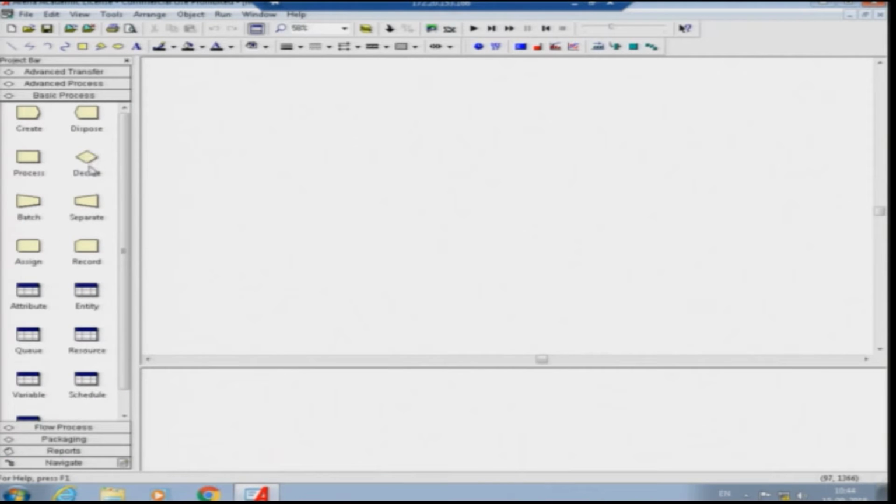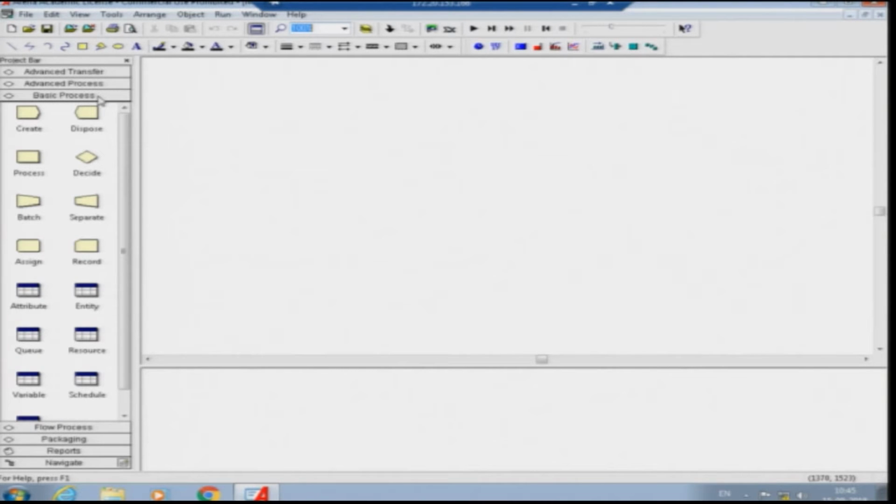In the last class we were dealing with the basic processes, but you can see that Arena is a simulation software package which provides a graphical user interface to develop a simulation model. The left-hand side bar shows the different modules of Arena, and these modules are divided into different categories.